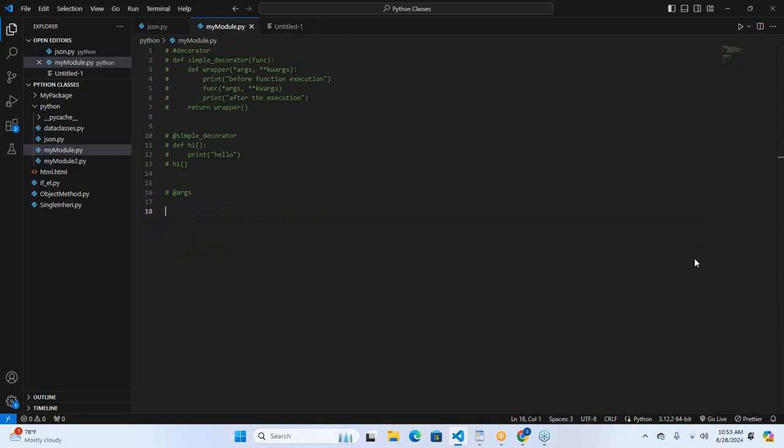So this allows you to specify arguments in any order. So like this we can use this **kwargs. Okay,